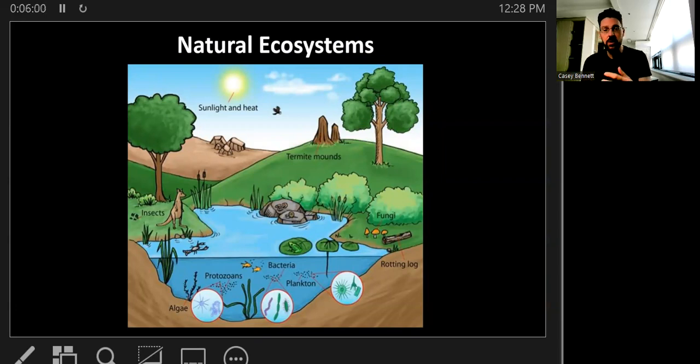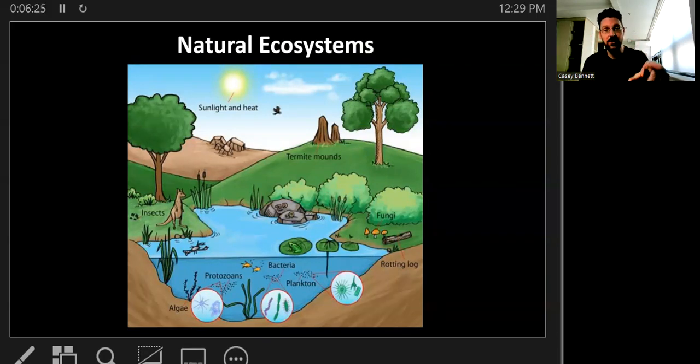If we remove any one of these, like the fungi here, the mushrooms, or the insects or the algae, the whole system changes and it may actually just collapse. So we need to think about the entire system, right? If we only think about one part of it, then we're not really creating this ecosystem. Data and data science is about creating these data ecosystems.